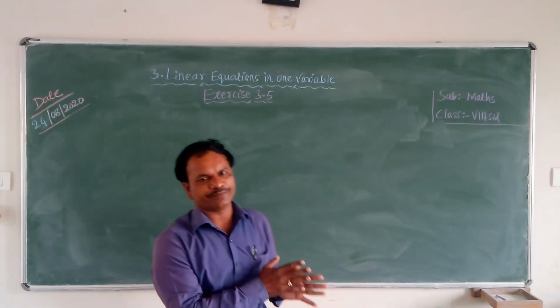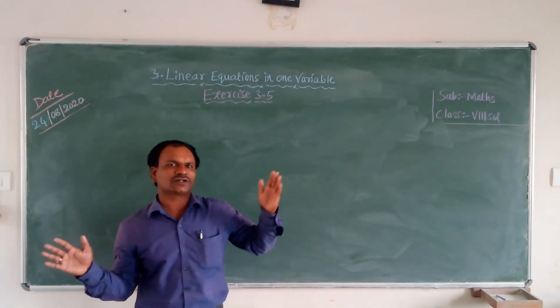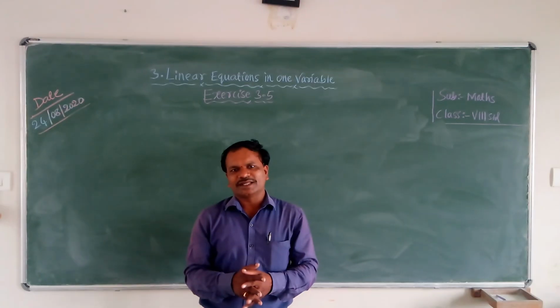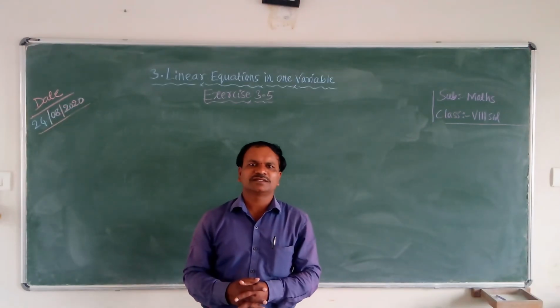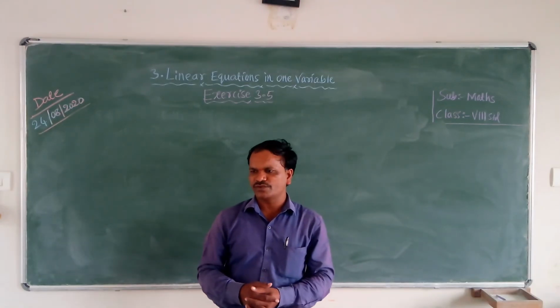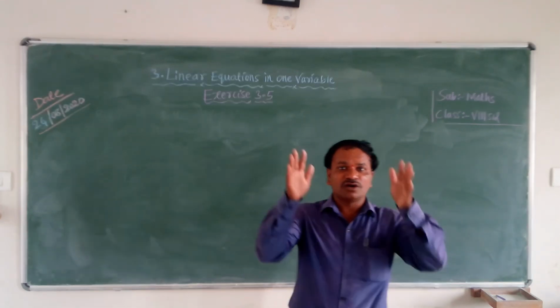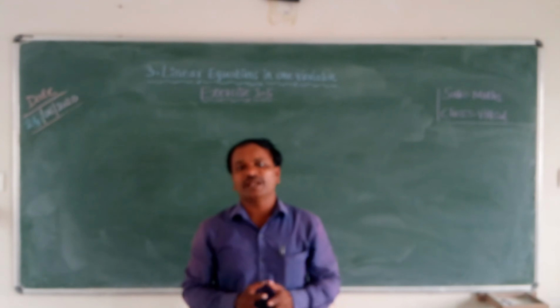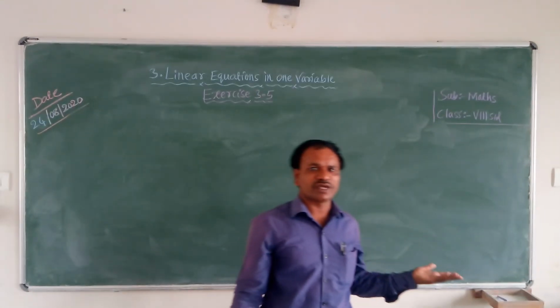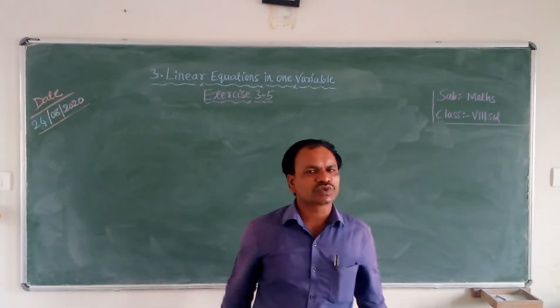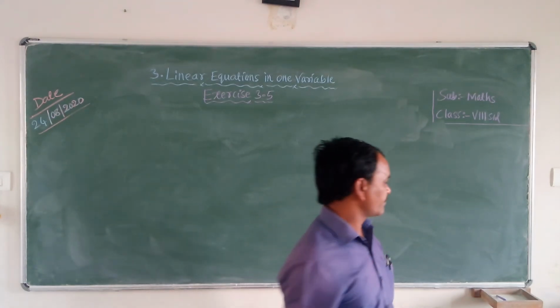On both sides, the LHS and the RHS, there are variables with fractions and numbers. How to solve those equations? That is very important. It is not a different variable on both sides, but the same variable: here x is there, here also x, here y is there, here also y. So how do we solve such an equation, my dear students? The first question is there.